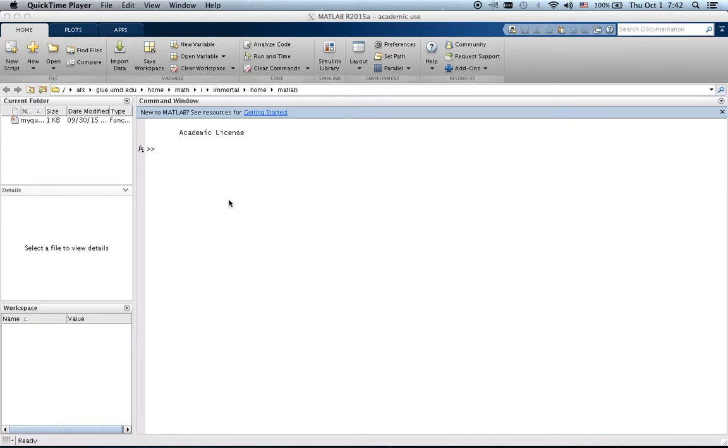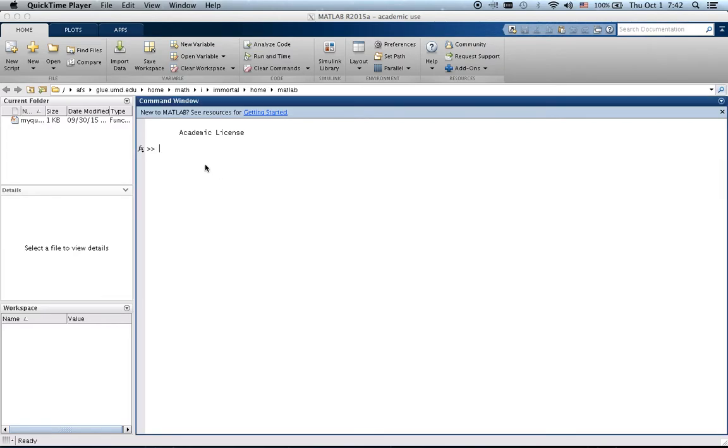Alright, so a few people commented that they wouldn't mind seeing another video. So what I'll do is write a function M file, which is somewhat related to the second problem on project 3. What this will do is calculate, let's be nice, a midpoint